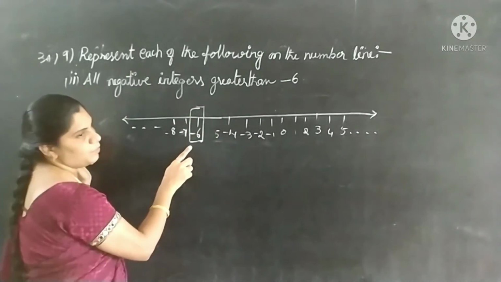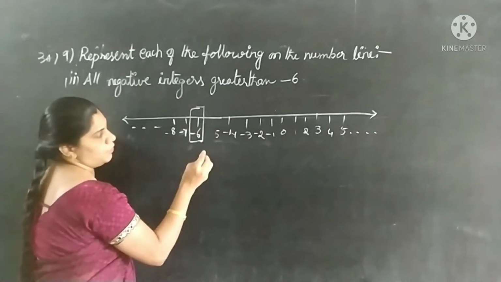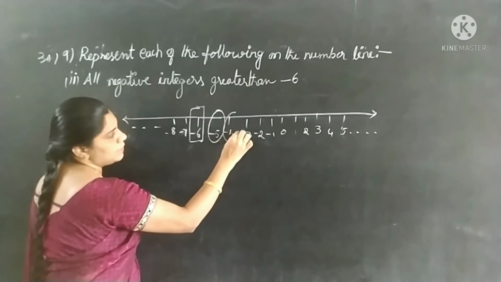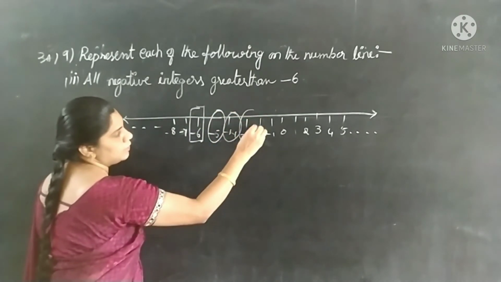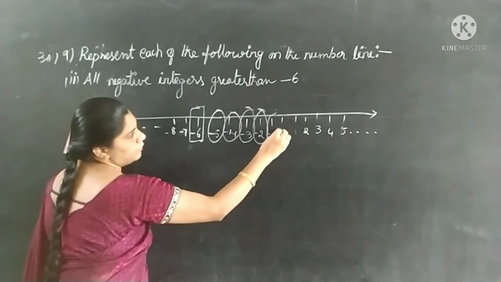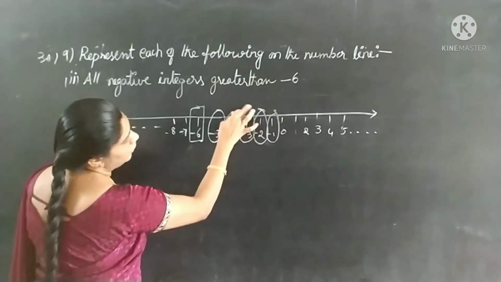Greater than -6, all the negative numbers you have to indicate here. So this is the first negative number, this is the second negative number, this is the third negative number, this is the fourth one, and this is the fifth. Okay. So now write down